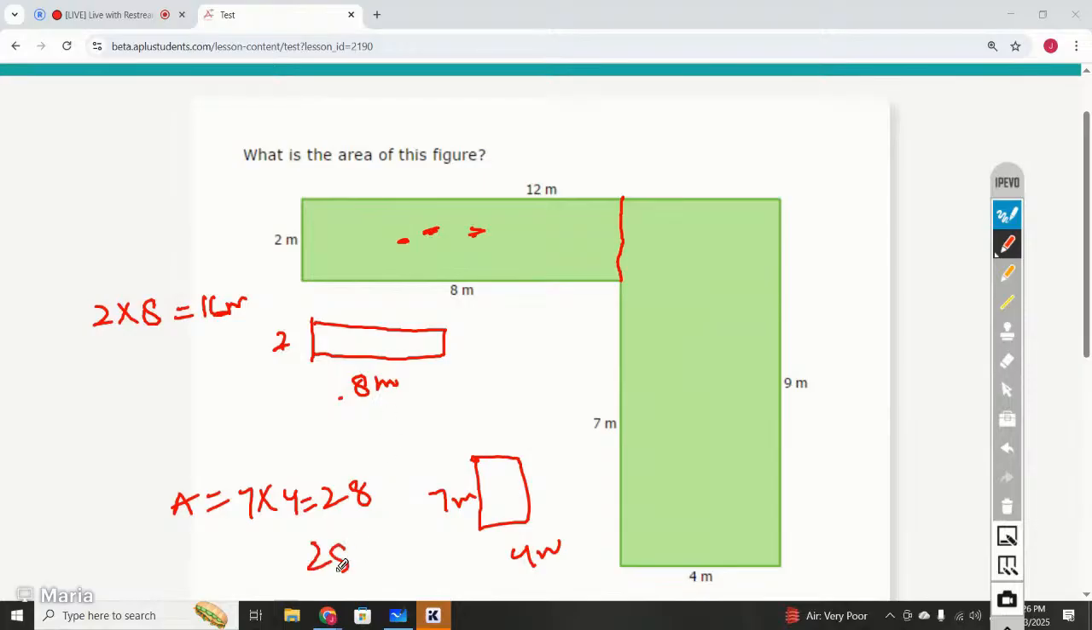So you have to add them, 28 plus 16, because we are going to calculate the area of this complete figure, the one we divided into two smaller figures, right? So 8 plus 6 is 14, 2, 3, 4, that is 44 meters. The area of this figure is 44 meters. The correct option is 44 meters. Option number,